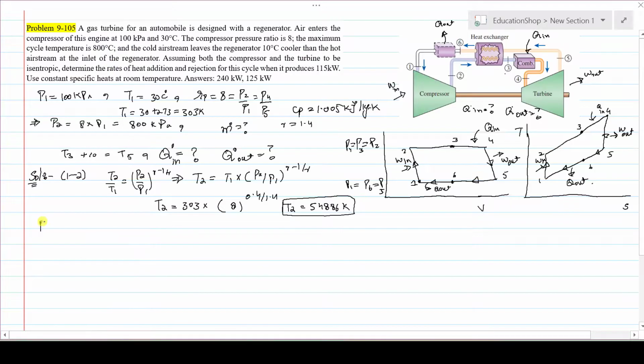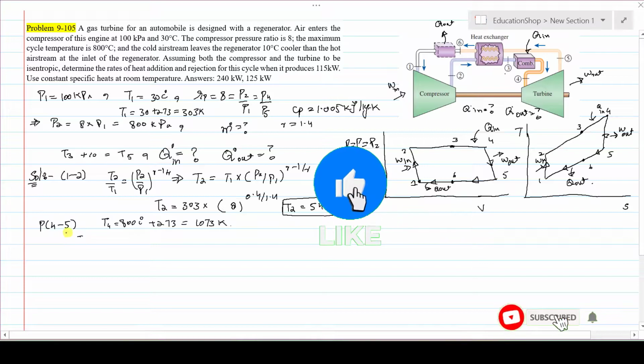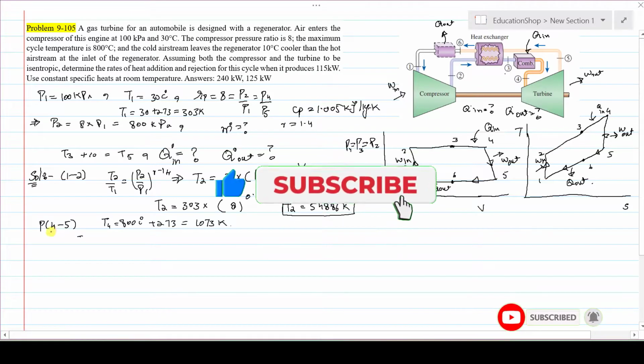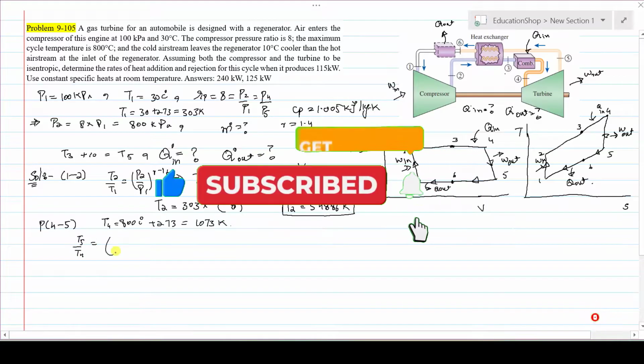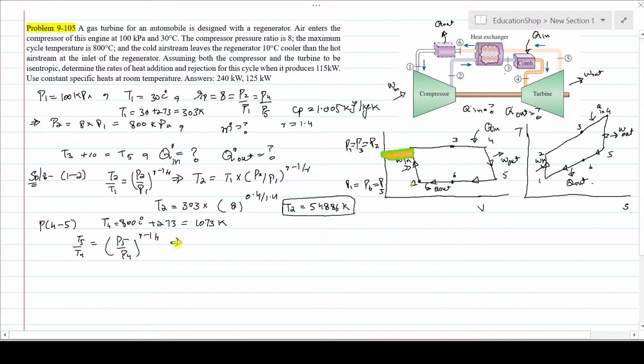Now consider the process 4 to 5, that is isentropic expansion in the turbine, that is after the heat additions in the combustion chamber, that is T4. You will observe the maximum temperatures and it is given in the statement, that is 800 centigrade. You need to convert that into Kelvin also and it become 1073 Kelvin. Then you can say, now apply the isentropic equations of temperature and pressures on process 4 to 5. Rearrange these equations for T5. Then we can say that T4 into P5 divided by P4, this is P4 divided by P5, so it is the reciprocal of the pressure compression ratio. It is 1 over